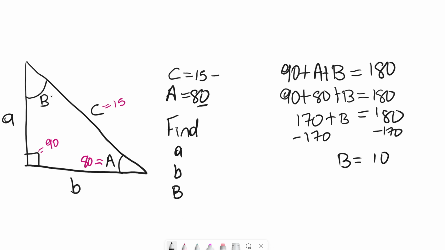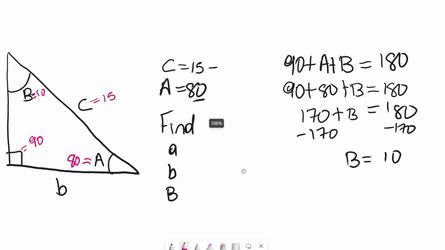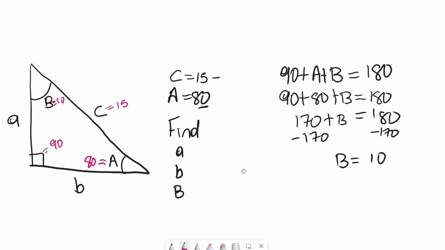The math in me, I like to plug in, so I like to put them on my triangle once I figure it out. All right, so B is 10. Very good. Now we have all the angles, so what we want to find here is the measure of sides A and B. So if we want to find A and B,